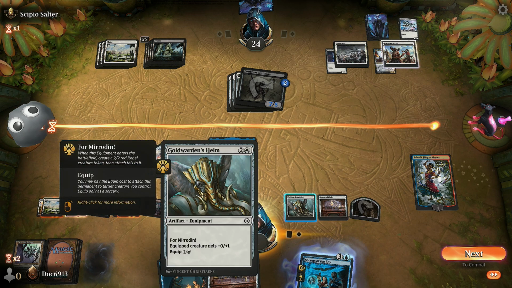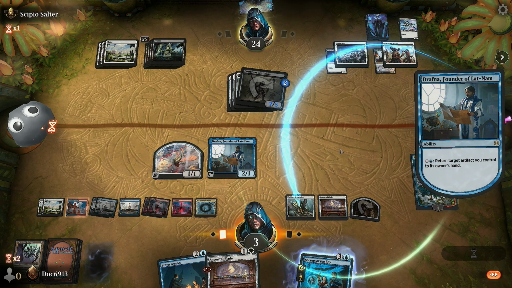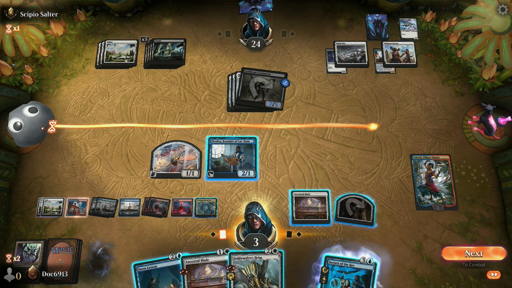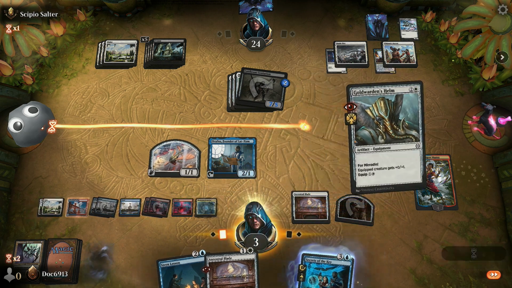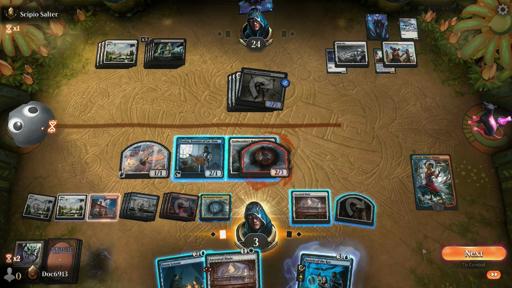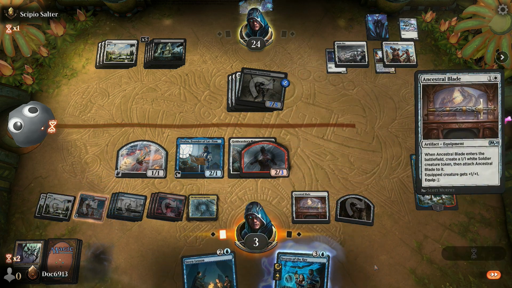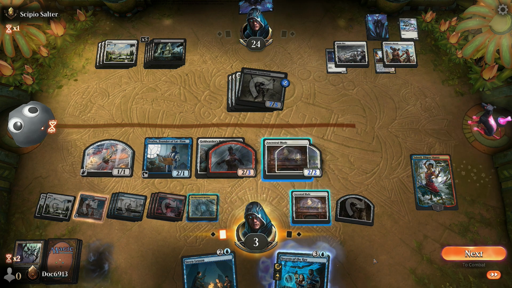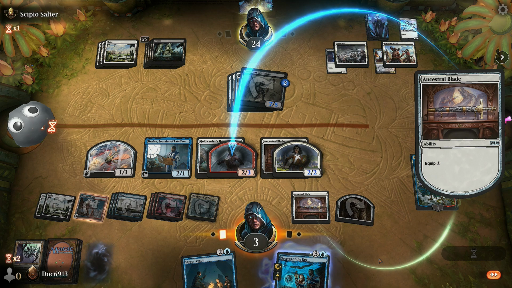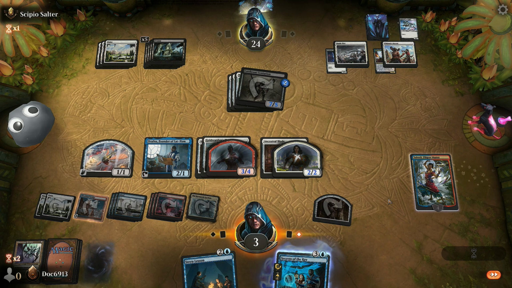2, 4, 5, 6, 7. I think we do, because then this represents a bigger body for us. Feel like that was the right...